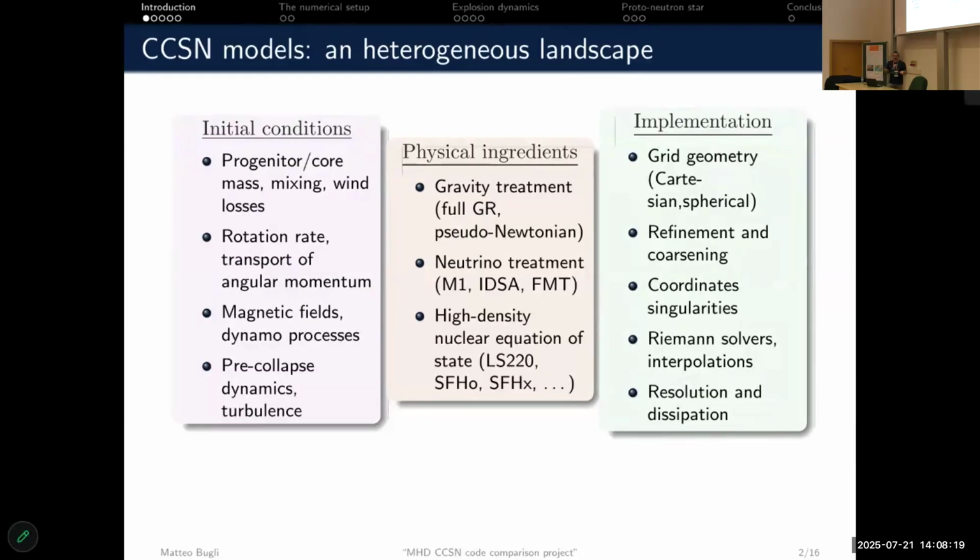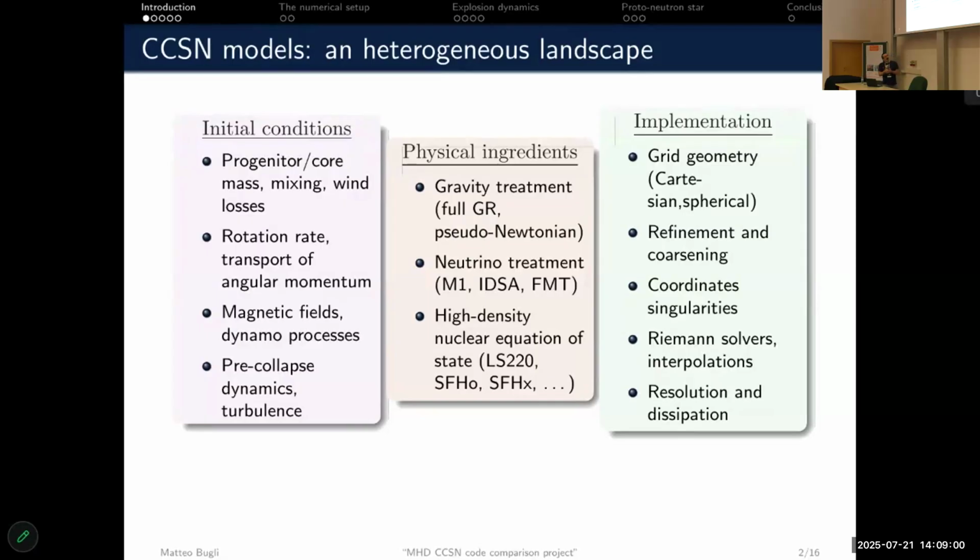And then it comes down to how we solve, for instance, the magnetohydrodynamic equations. So when it comes to the nitty-gritty details of Riemann solver, interpolation routines, which are connected inevitably to one of the most limiting factors that was mentioned at some point this morning, that is resolution and numerical dissipation, which is, again, a limiting factor that is very difficult to control, because all these ingredients, when it comes to the specifics of how we approximate our models, they can contribute to define a certain dissipation, and therefore that makes it difficult to pinpoint exactly a value for this.